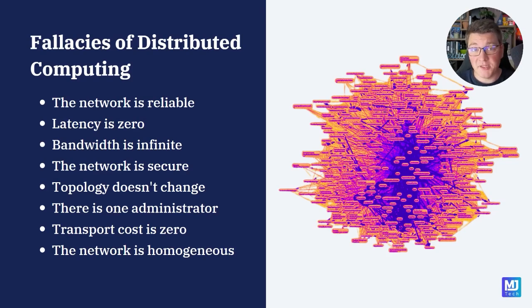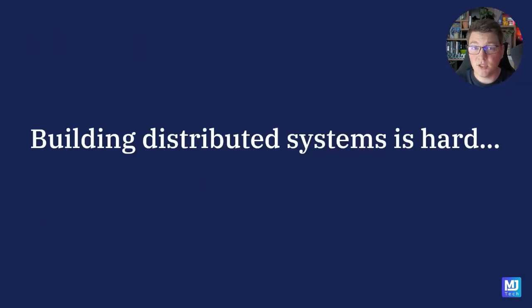I hope you don't mind my humor while recounting the fallacies of distributed computing, but the thing is that so many developers try to build distributed systems without even considering how different the constraints that they are working with are compared to a monolith system. If there is one thing that you should get from the fallacy